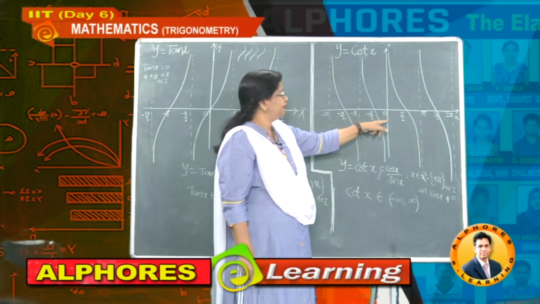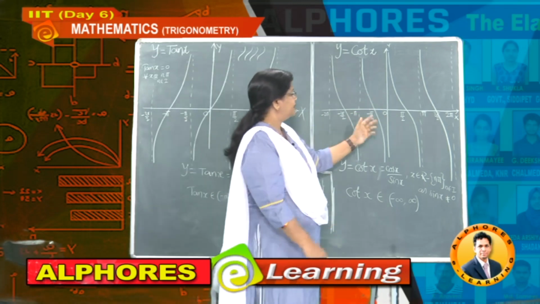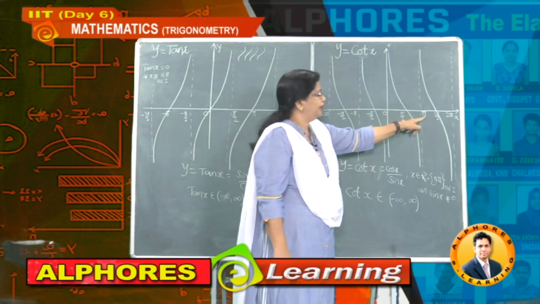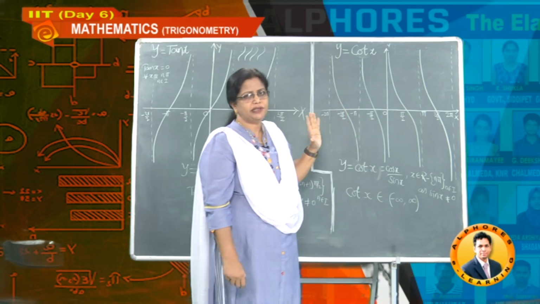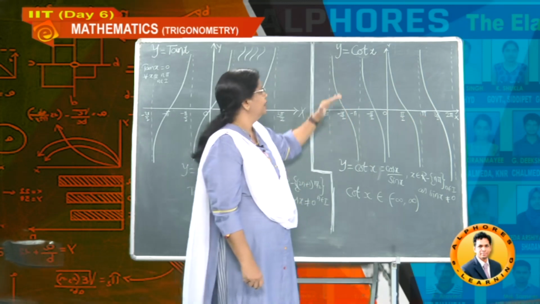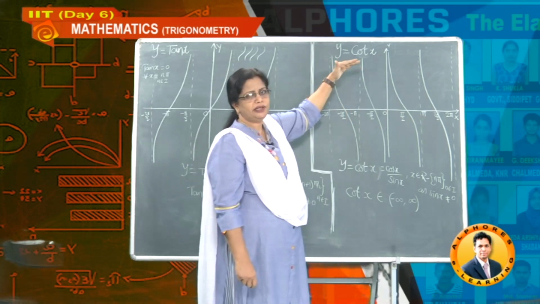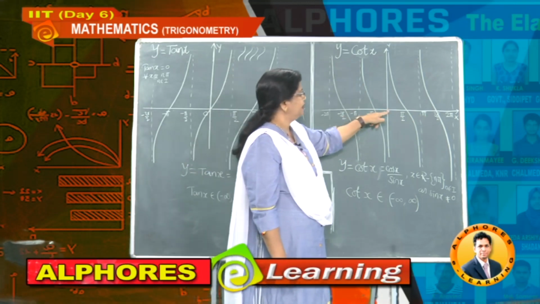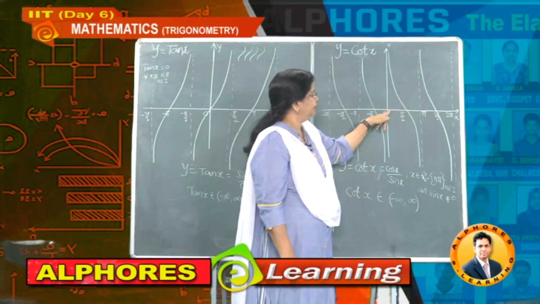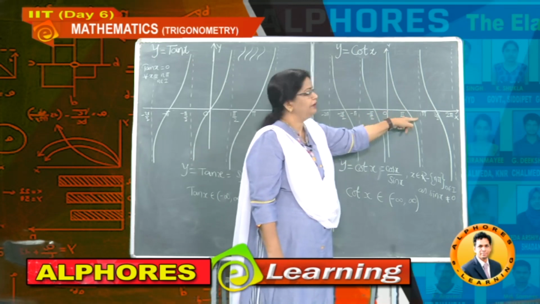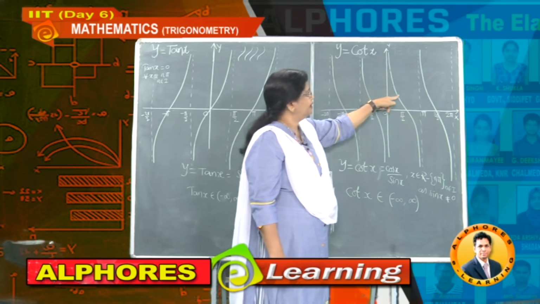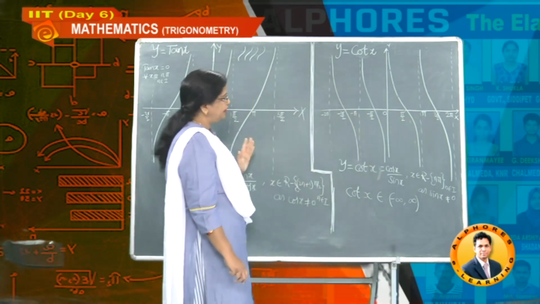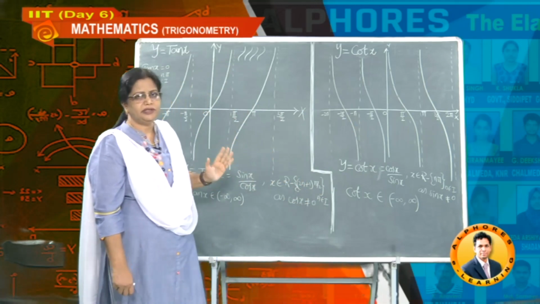Now here also, the period: you observe the same shape is coming in a gap of how many units? 0 to pi, understand? So pi units, the same shape of graph is repeating. So the period of the cot x function is nothing but pi. Now again, decreasing: here you observe 0 to pi. If you observe the first quadrant, second quadrant, the cot function is a decreasing function. So like this, students, you can observe clearly all these 6 graphs.